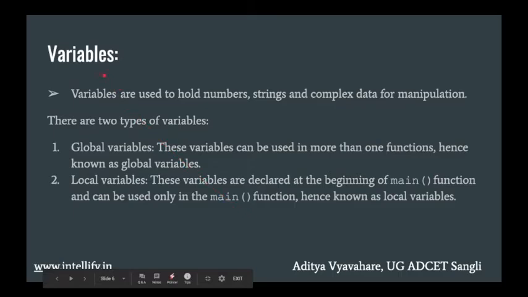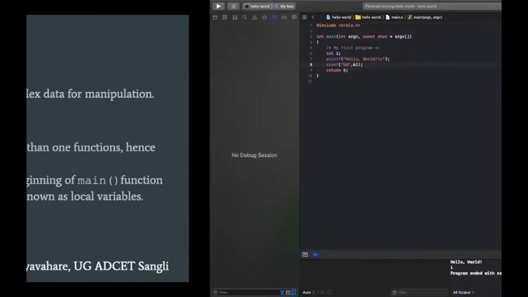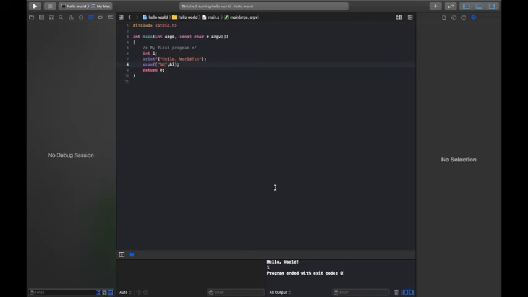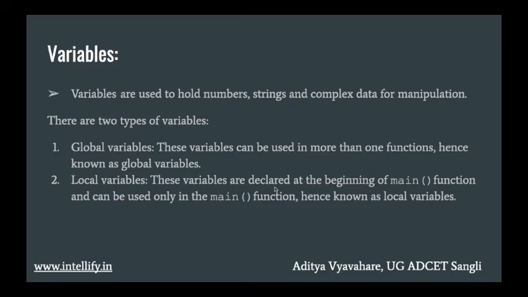Now variables. Variables are used to hold values. As we saw, the value 1 was stored in the integer i, that is, variable i. It just held an integer value, a number. Also we can store strings or some complex data for manipulation. Whatever we want to use in the program, all the data can be stored in variables. There are two types of variables.